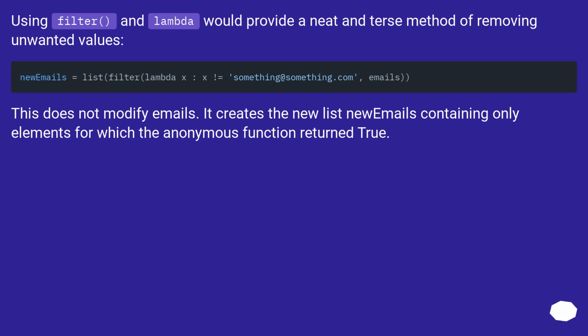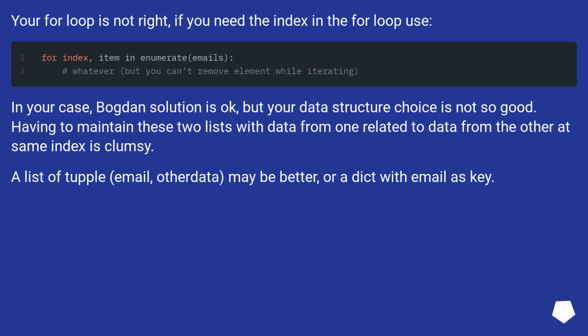Using filter and lambda would provide a neat and terse method of removing unwanted values. This does not modify emails. It creates the new list newmails containing only elements for which the anonymous function returned true. Your for loop is not right. If you need the index in the for loop, use: